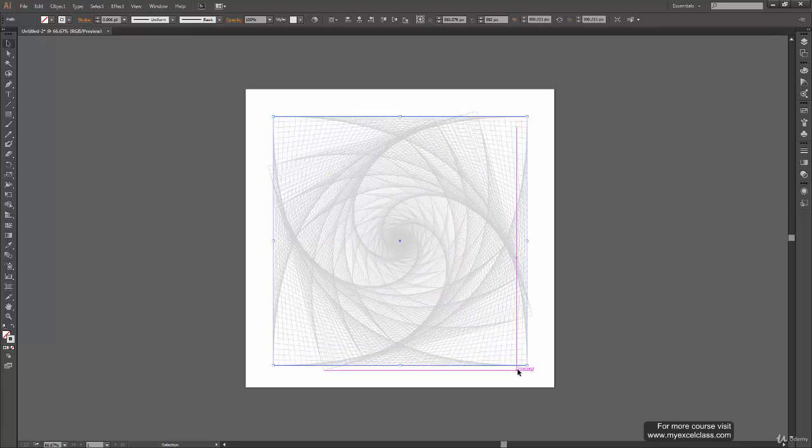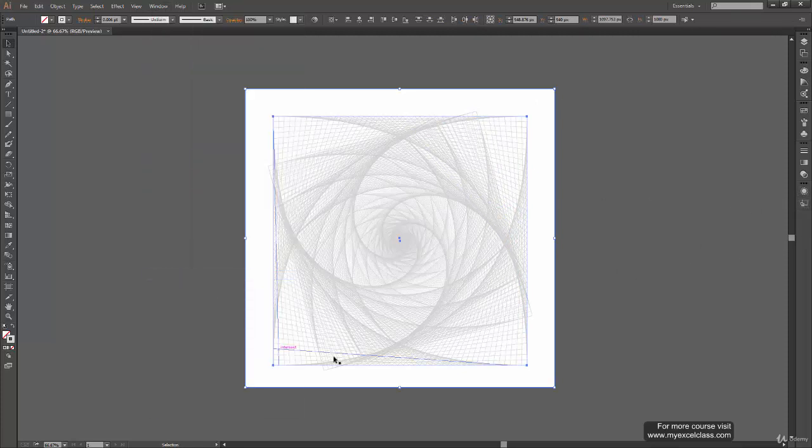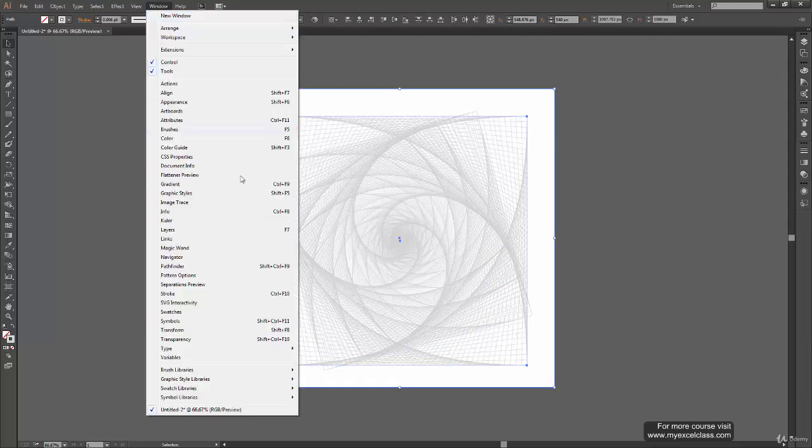Okay. And now what I'm going to do is trim one rectangle out of another, and again this we will learn in future, so you can avoid this right now. Window and Pathfinder.